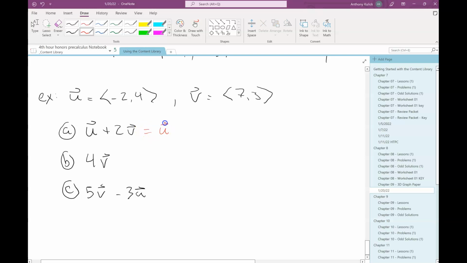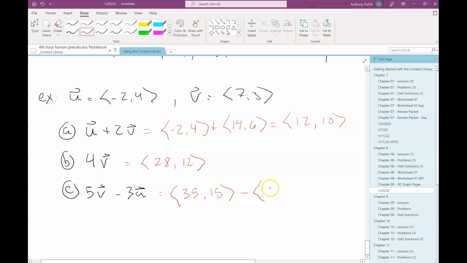So let's go ahead. I might as well write it down; less likely to make a copy error if I have it right in front of me. So 2 times v is 14, 6. If I add those together, negative 2 and 14 is 12, 4 and 6 are 10. Well, 4v, not much to do there. That's 28 and 12. See, 5v, that's 35, 15, minus, and then,